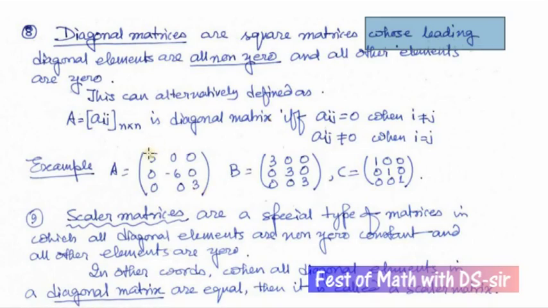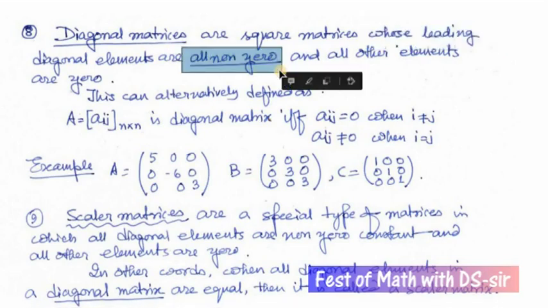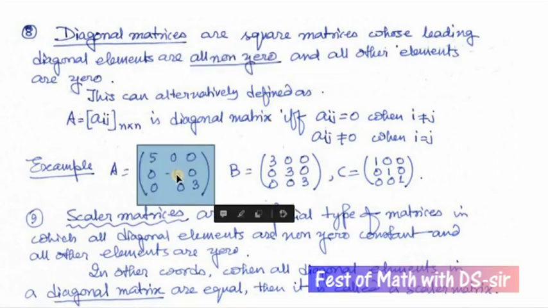So simply diagonal means this. Actually, this has two diagonals, but this one is not called a diagonal. So when we mention a diagonal, it means these elements. So diagonal elements are all non-zero. Note the word all non-zero. If in this example you substitute 0 in place of 6, then it is no more a diagonal determinant, because in that case not all diagonal elements are non-zero.